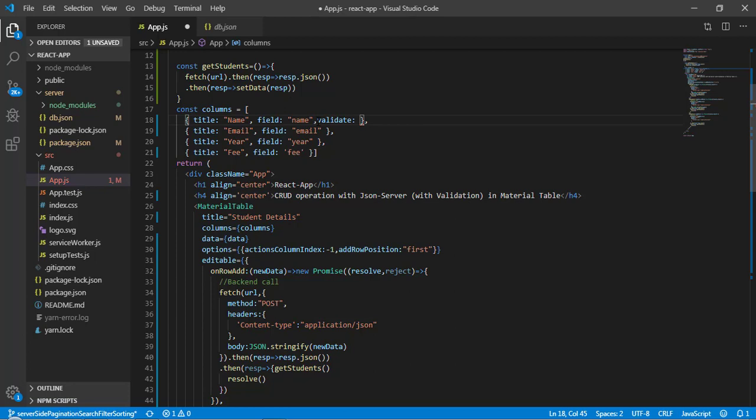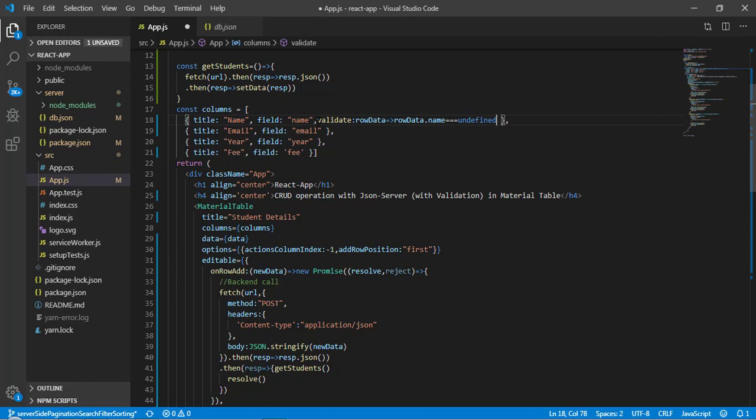This is going to give me the row data, and from here I will check whether the value of name exists or not. So rowData.name, and here I will check for undefined, whether this value is undefined or not.